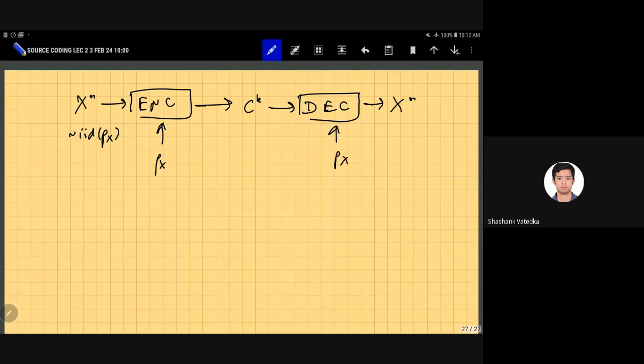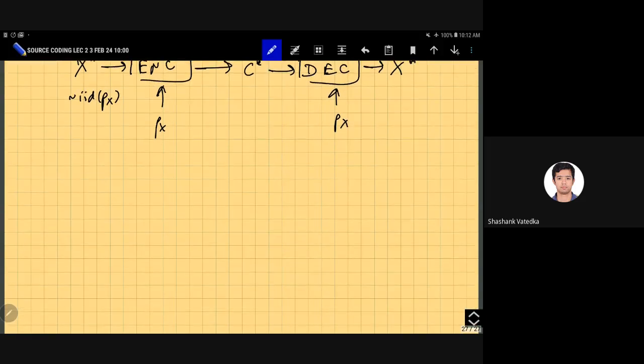So what I had earlier mentioned is that what you can do is you can first estimate P_X by just counting the empirical frequency of various letters and use that as a proxy for P_X. This P_X can be stored as a header in the compressed file, so that the decoder also gets to know what you're using. Now, although one can do that, the estimate of